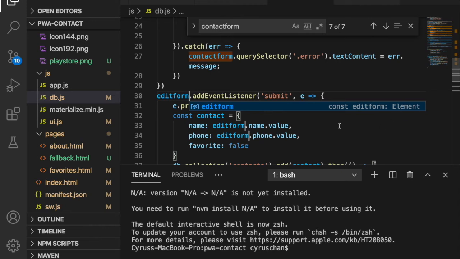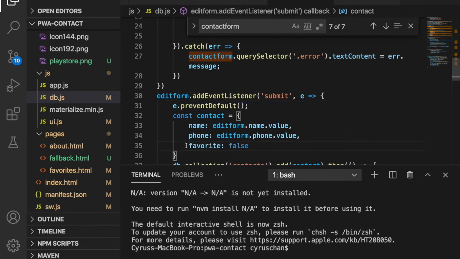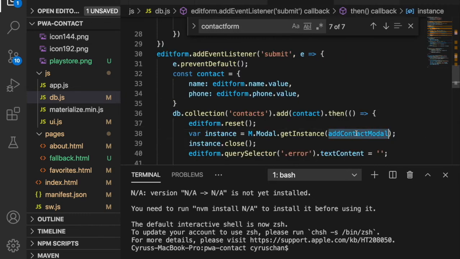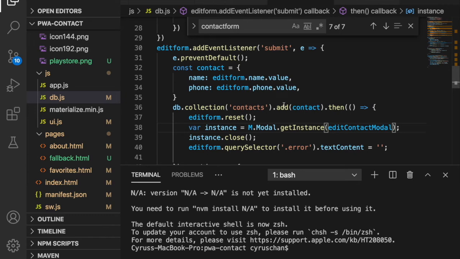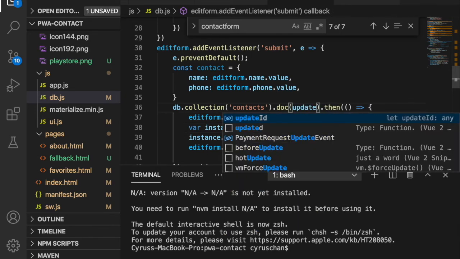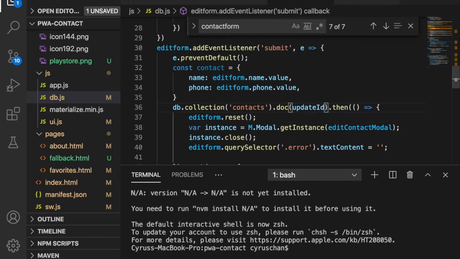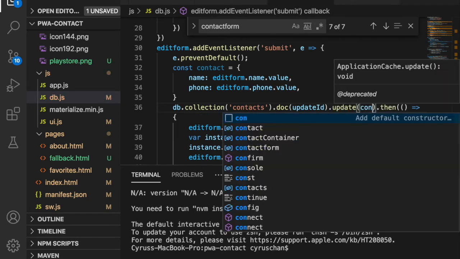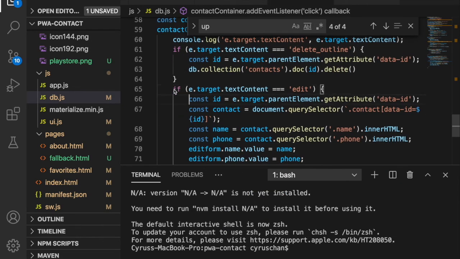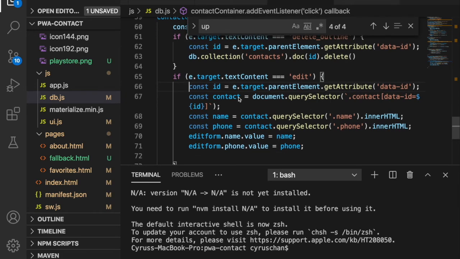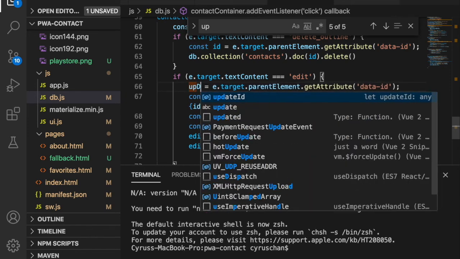And since we will not initialize the favorite, we have to delete this one. And also we have to use the edit contact model. And also we do not need to add the new contact. Update ID and .update contact. Inside the condition of checking the text context is equal to edit, we have to replace this with update ID because we need this